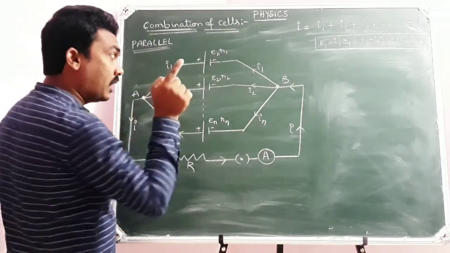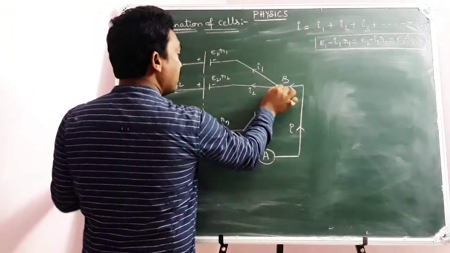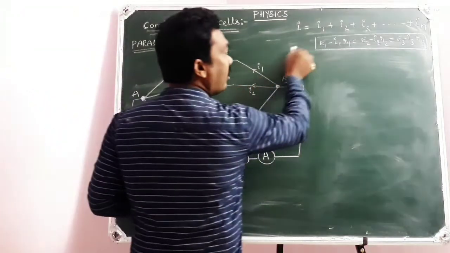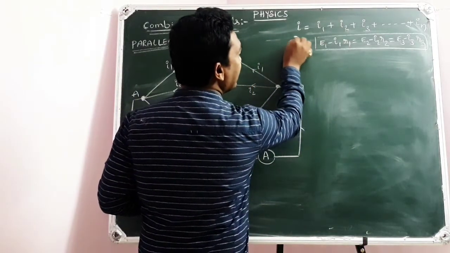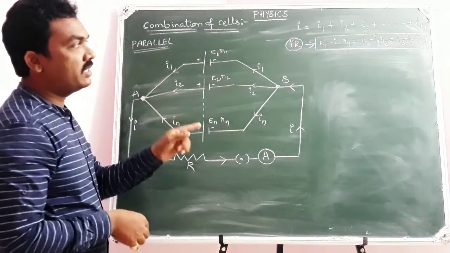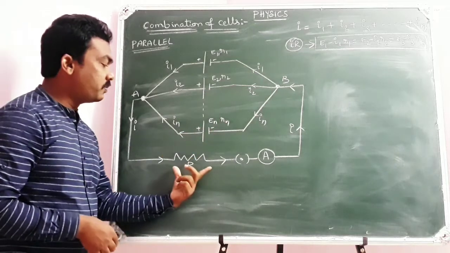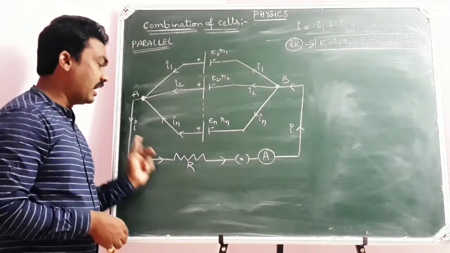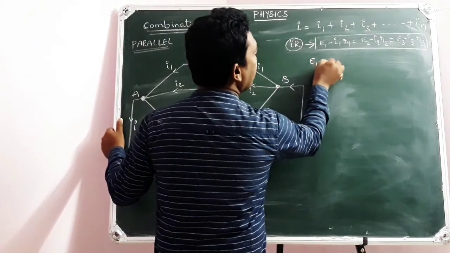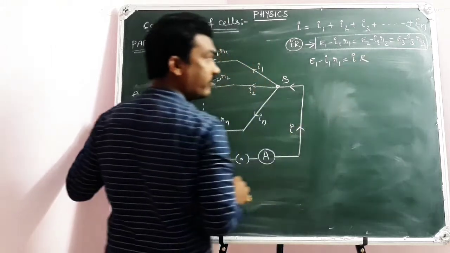But listen, they are all equal to the potential difference across AB, which is nothing but the potential difference across your resistor, IR. Means all these terms are equal to IR. So E1 minus I1 R1, E2 minus I2 R2, E3 minus I3 R3, whatever it is, should be equal to the potential difference across the resistor, IR. So if I consider E1 minus I1 R1 equal to IR,